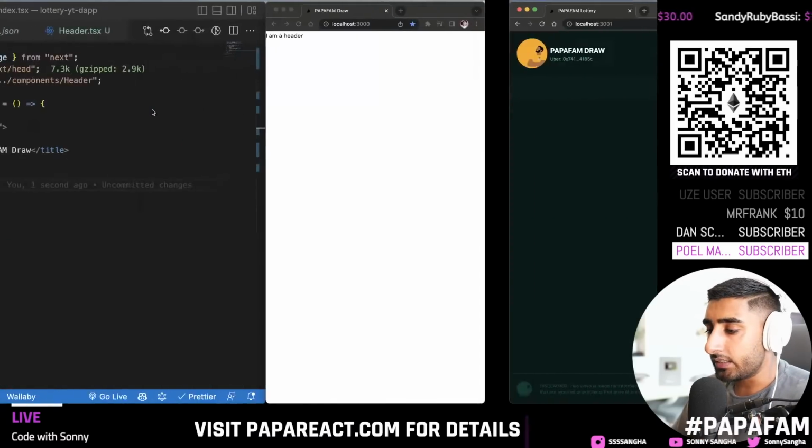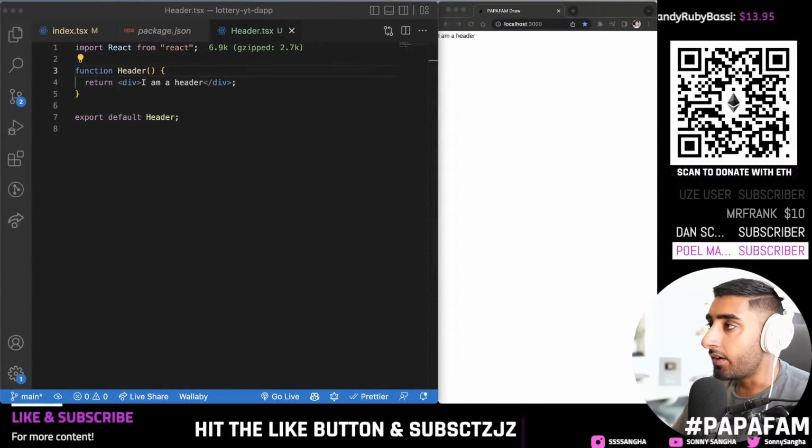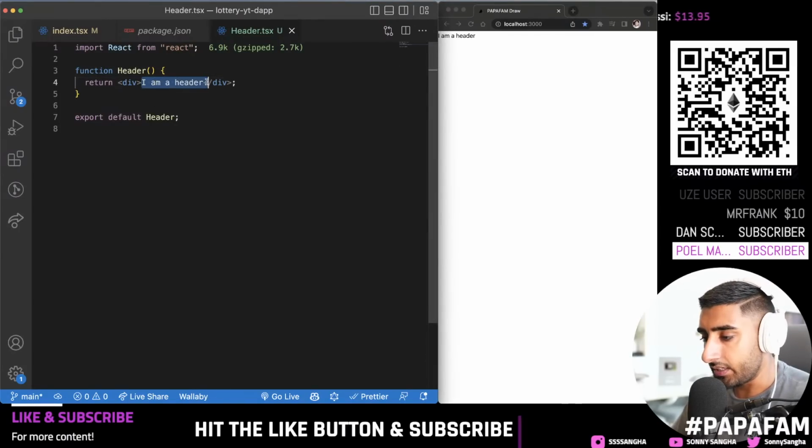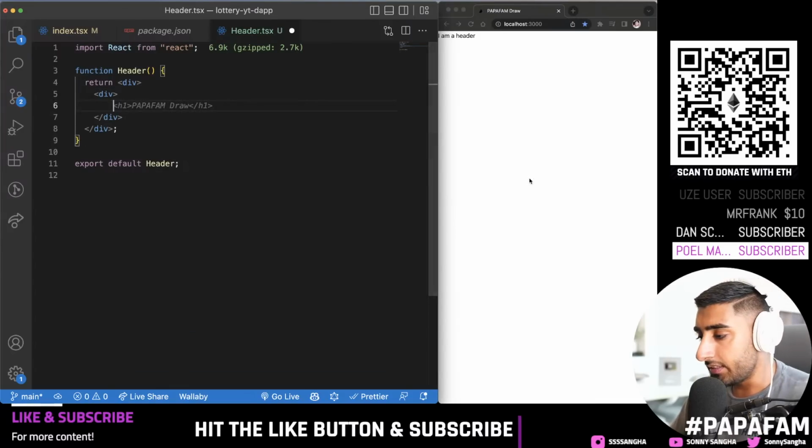Now you're going to learn about Flex. If you haven't used Flex before, get ready for some serious learning, guys. Okay. So first thing I want you to do is inside of this div, we're going to have another div. And this is going to resemble the left side. So in this case, you can see